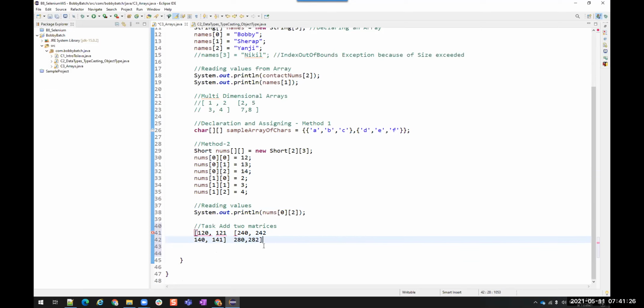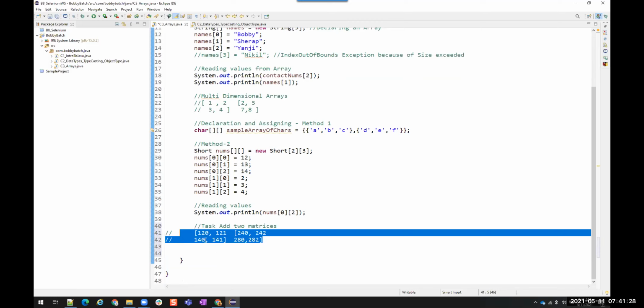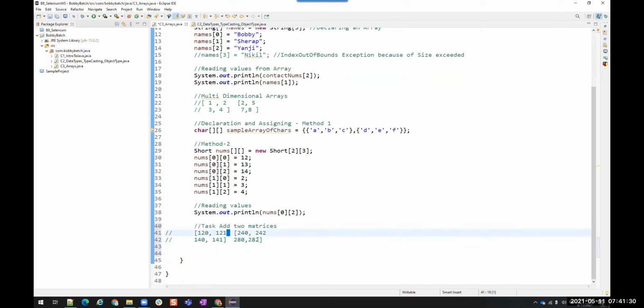So what you have to do here is, these are the 2 matrices. Perform the addition. Okay, this addition you have to perform. So what are the tasks? Create 2 dimensional arrays, or create 2 matrices.